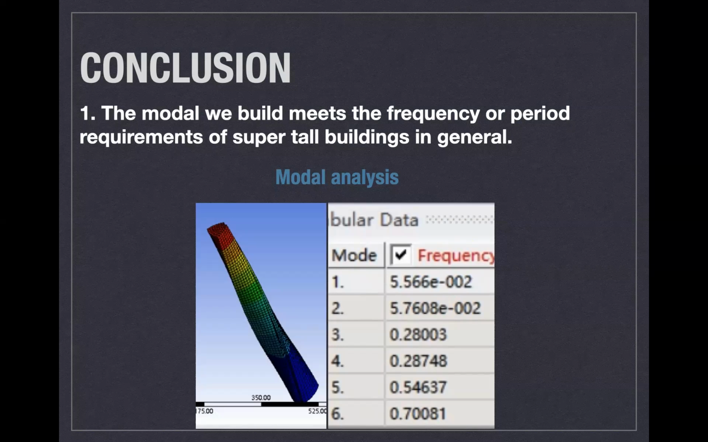And as you can see, this figure is a building structure without damping, and its period in the